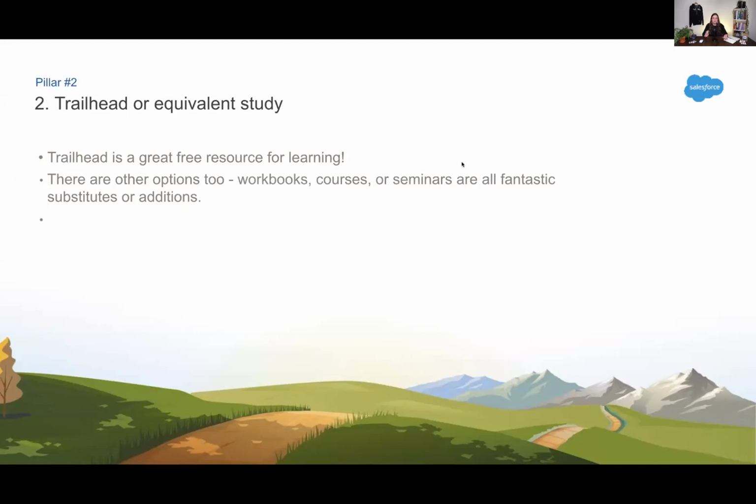And it's a great way to fill in gaps in your knowledge that you might not have gained through real world experience. So Trailhead is a really fantastic resource to get you started. If you're going through your admin cert, then we'd recommend things like the admin beginner and the admin intermediate trails. These trails are really fantastic for learning, for refreshers, to really upskill your knowledge of Salesforce. There's also the admin certification prep trail, which was specifically made by Salesforce to help you get exam ready.